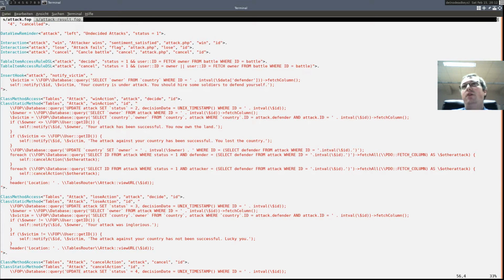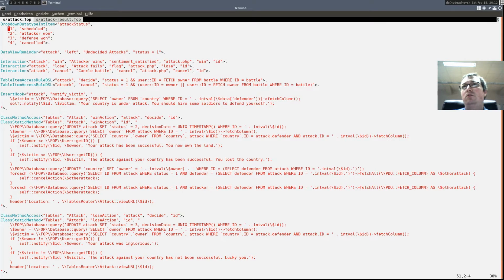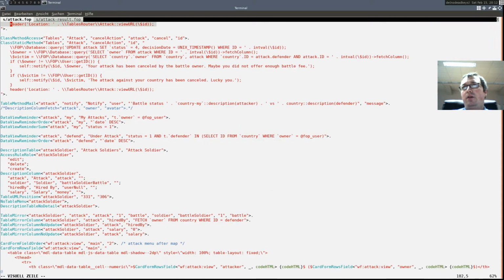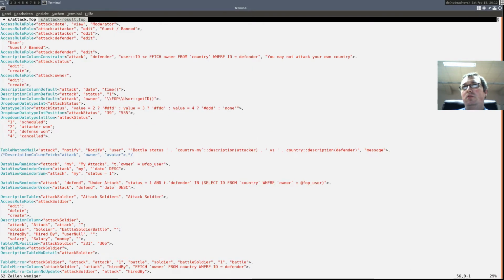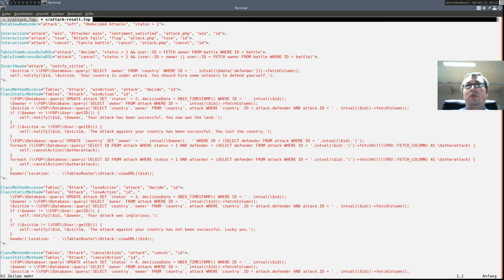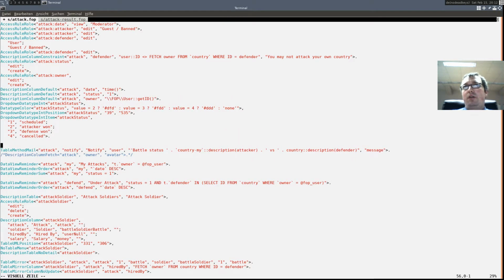So attack results can, yes, attack results win, lose and cancel, and now all item rules as well as our win action, cancel action and lose action. So cut it out and so on.